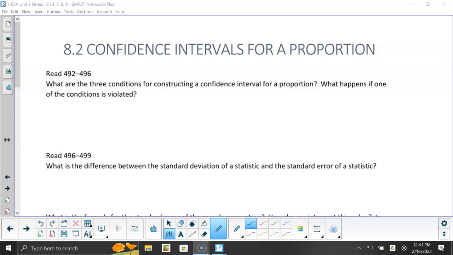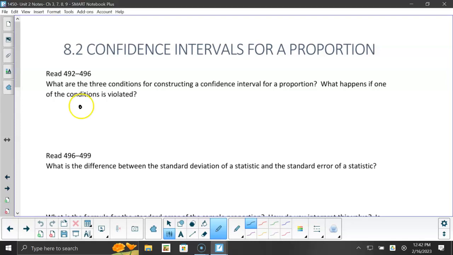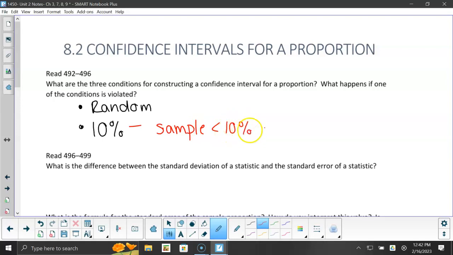All right, so we have three major conditions that need to happen anytime we run a confidence interval for a proportion. The first one is it has to be random. Your second one is the 10% rule, and that is that the sample is less than 10% of the population. I guess we could do less than or equal to, but typically we want to keep it less than. Because if you're going to do anything more than that,